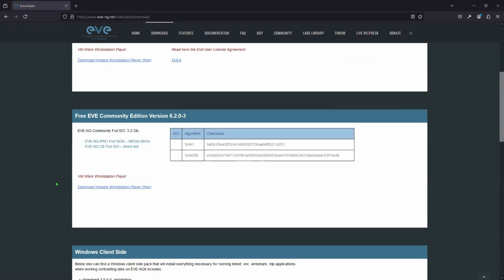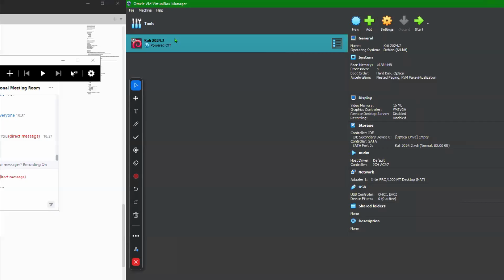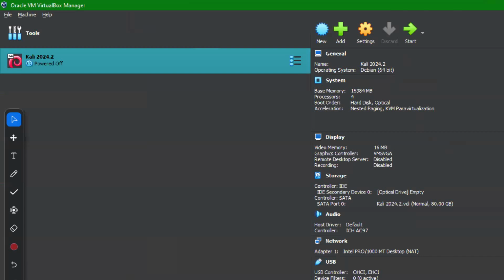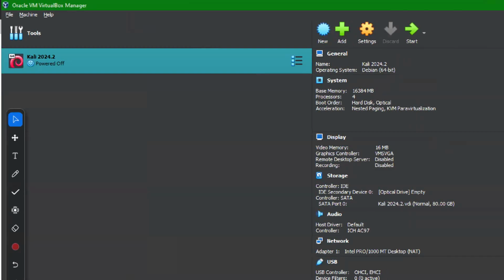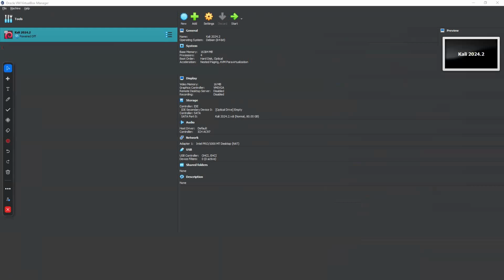Once this machine is ready, you can open that machine. Okay. If you have VirtualBox, then this kind of option is available. If you have VMware, then you will not find the option here. Okay. On the right side, you can see new, add, settings, that kind of icon. But in VMware, you find only the menu above, like file, machine, all options are there. And from that, you can click on file and create the new machine and then attach this downloaded EVNG machine file. Once you start that machine, then you will be asked for a password.